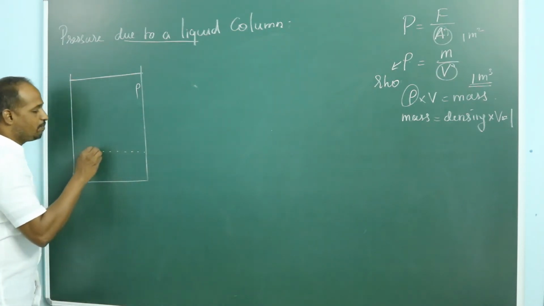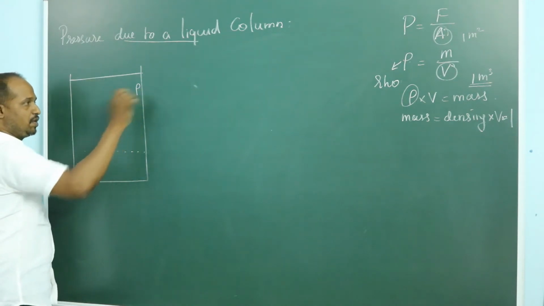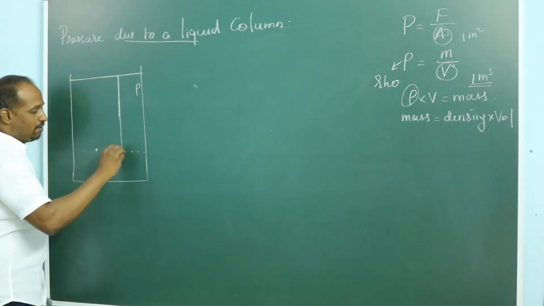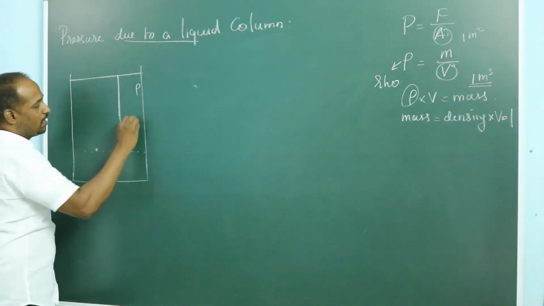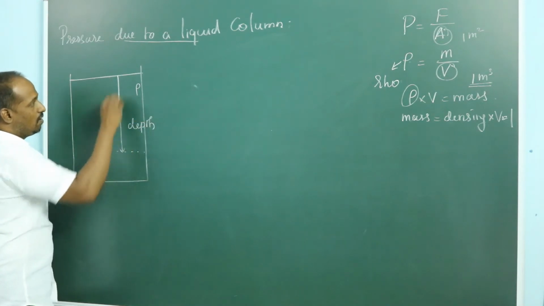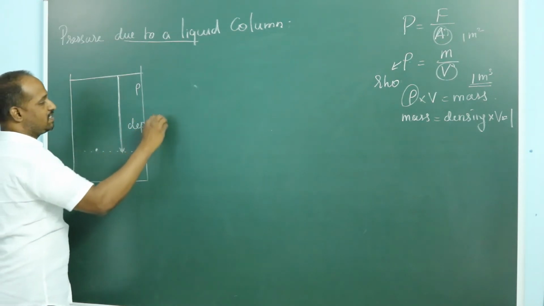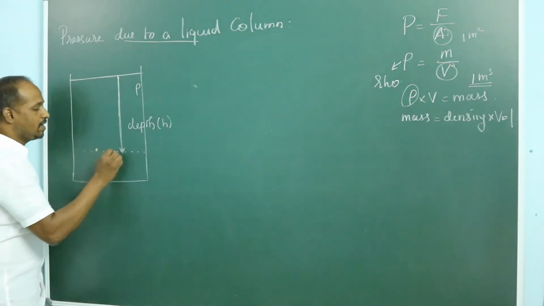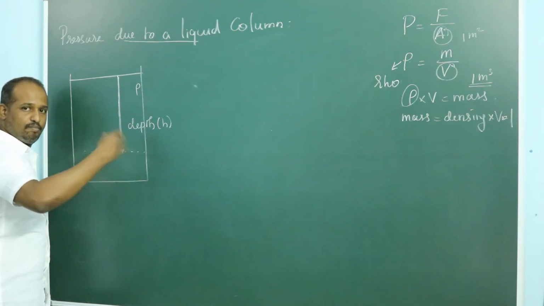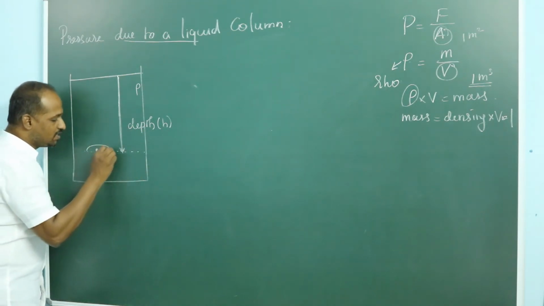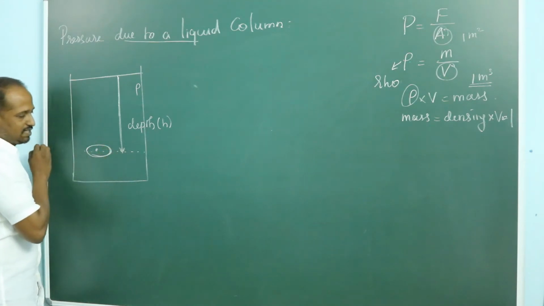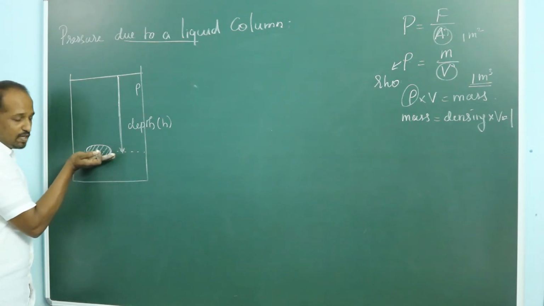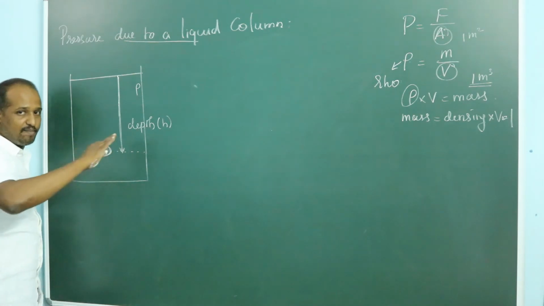So if you want to find out the pressure due to this liquid of density rho at a depth, because from the top surface if you dive deep down, this is called depth. Let us call the distance from this point to this point h. So at a depth h, at this point, what is the pressure? At every point at this depth, the pressure is the same, because that is a property of a liquid. Consider a circular area at this depth. All the points on this circular area will have the same pressure.